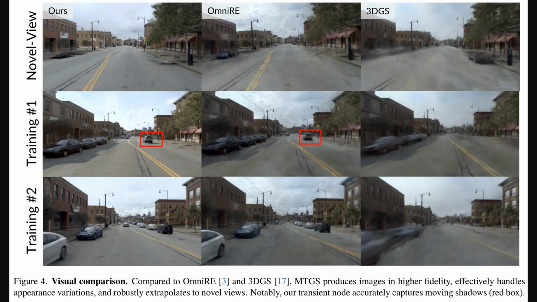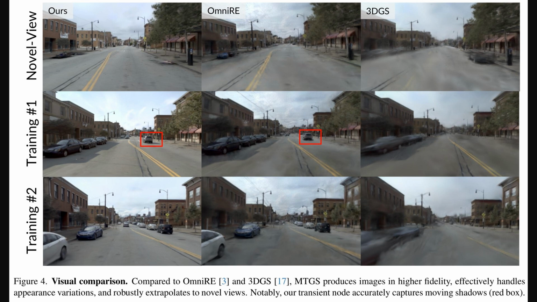Okay, so MTGS clearly benefits quantitatively from more traversals, as we saw in those radar charts. Now the paper gives us a direct visual taste of this superiority. Here, we're comparing rendered images from MTGS with those from OmniRe and the basic 3DGS. MTGS produces images with higher fidelity, handles appearance variations well, and is much more robust when extrapolating to novel views, as seen in the top row. Plus, its transient nodes accurately capture dynamic details like moving shadows in the training examples, which the other methods don't